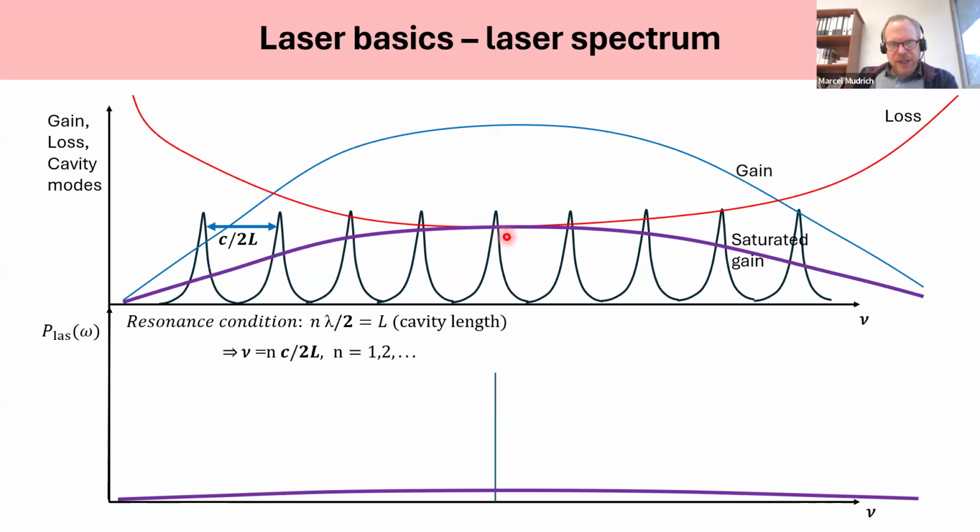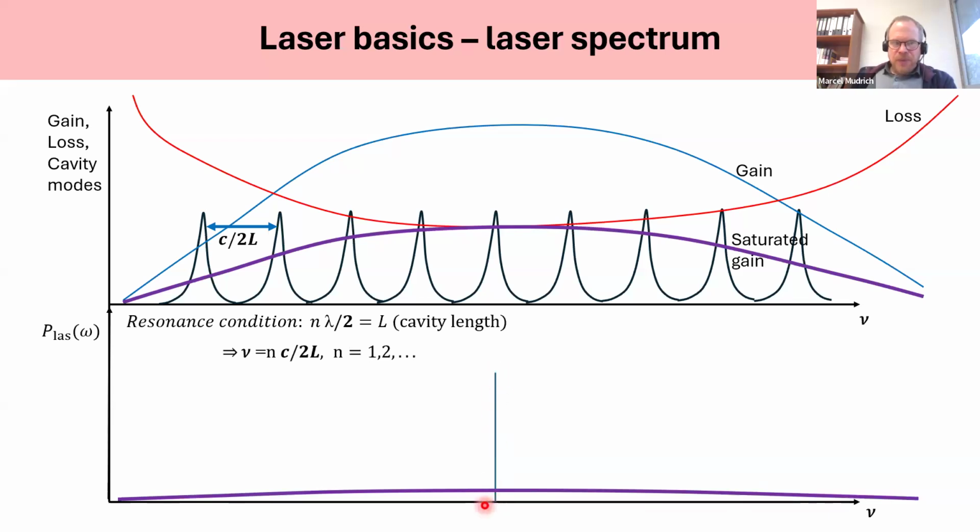Then we have gain equals losses, and this mathematically comes to just one point in frequency where the red curve and the blue curve just touch each other at the position of one laser mode. Following this argumentation, we then draw the laser spectrum where lasing actually happens. This happens in this one point, meaning that the laser spectrum is given by essentially a delta function, so extremely